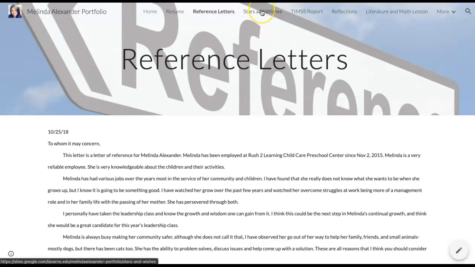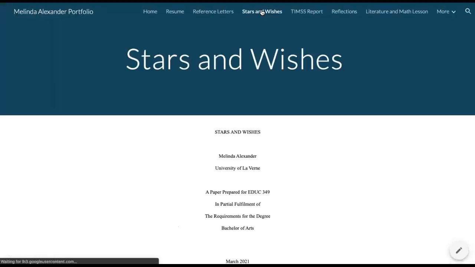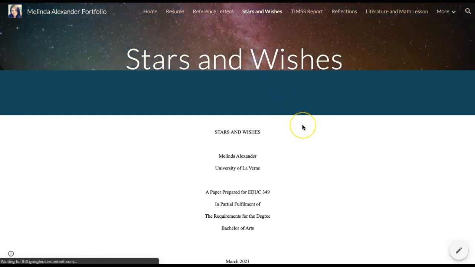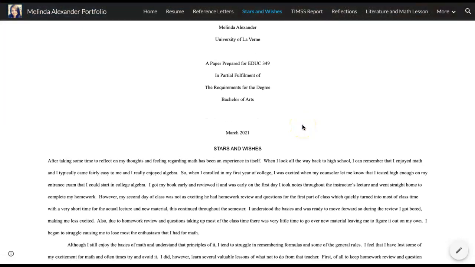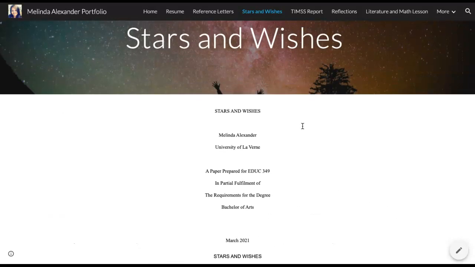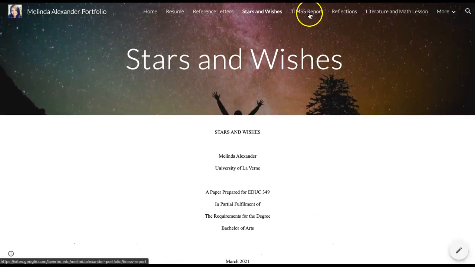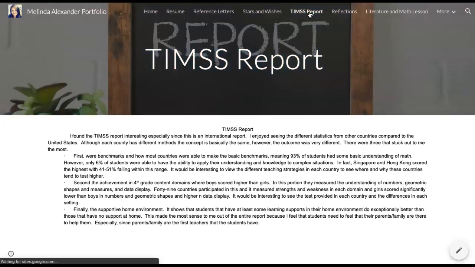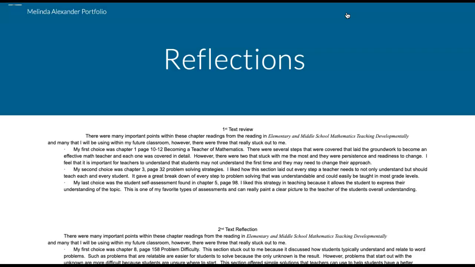I put all assignments in chronological order according to the class, starting with the stars and wishes, followed by the TIMSS report, the reflections, the text reflections that had been done within the class,